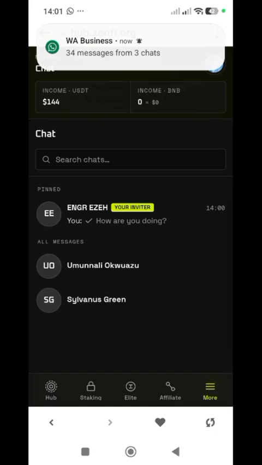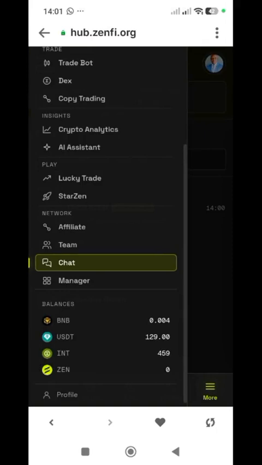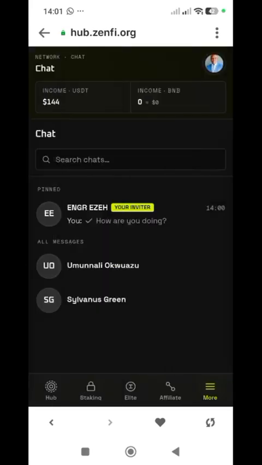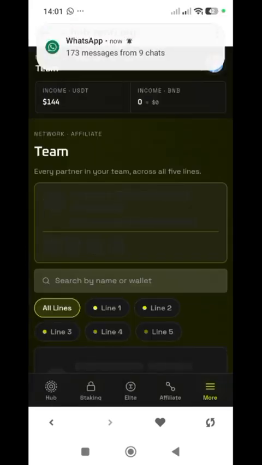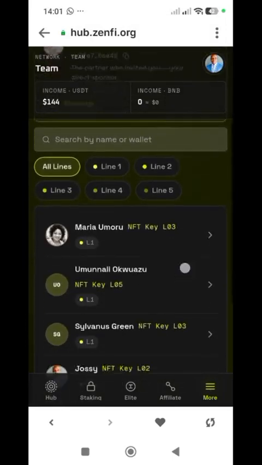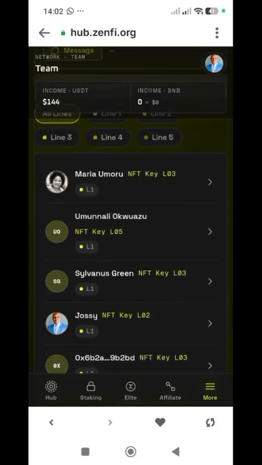Then the second way for you to do that is to go to more again, and then you come to this place that says team. You click on the team. Now you can see members of your team here. So any of them that you want to chat with, you can just click on that person's